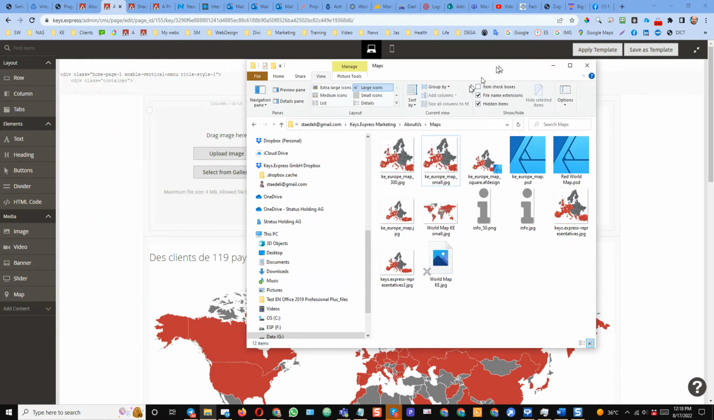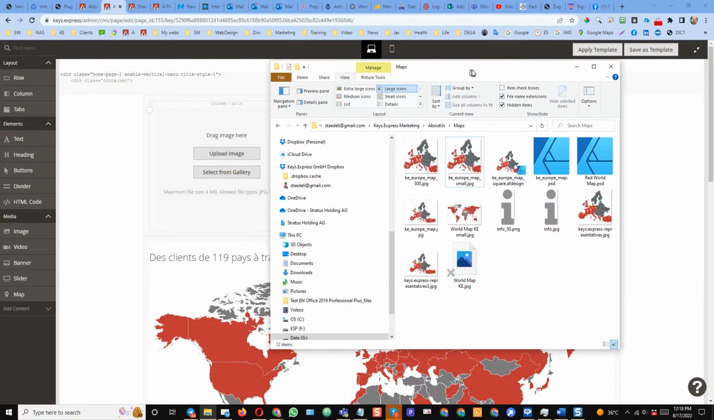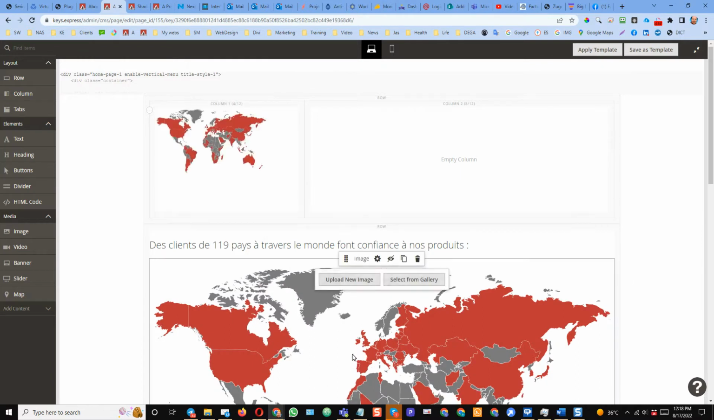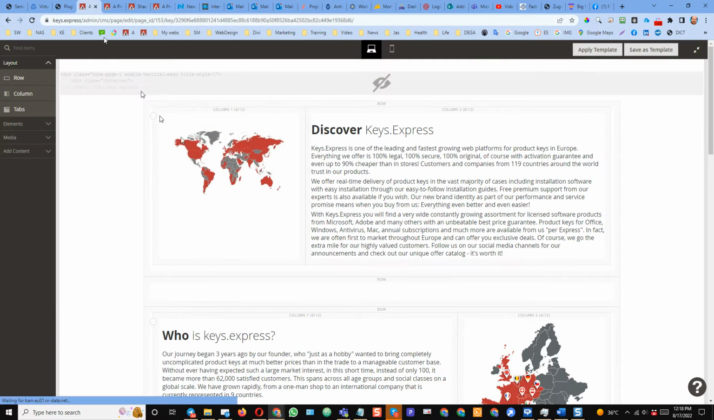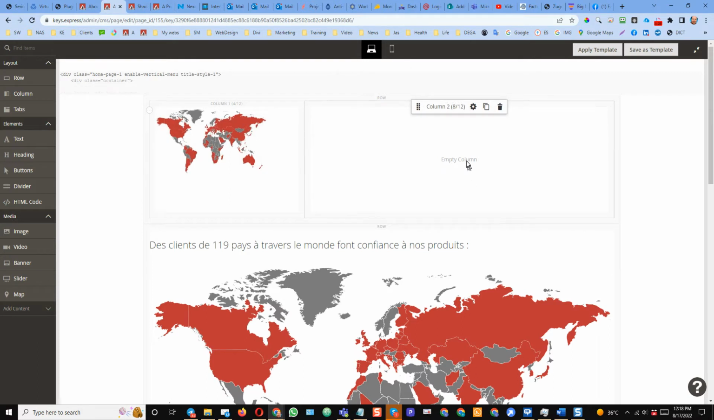So you go to marketing, About Us, maps. And here we have to put the world map, and they have a small world map here. A small one, and then a big one for down here. So this is the big one, and it's not centered, so I need to look at what I did to make it centered. Maybe it's automatic. And then here we grab a text,